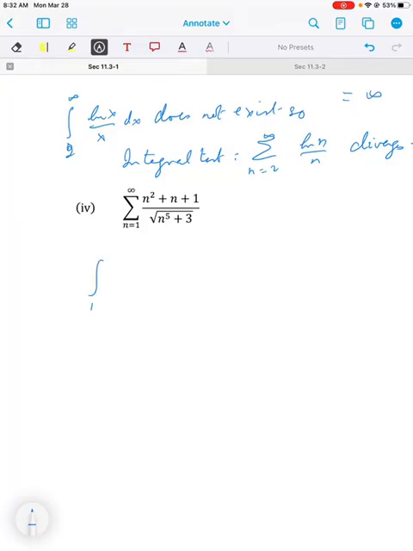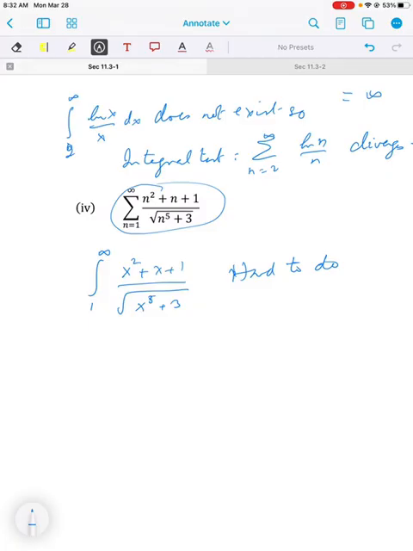If you think of the function f of x equal to the function given here, we get an integral like this, and you can notice this is something we cannot do. It's very hard. So it's not a good idea to use the integral test on this series. We should look for some other tests,